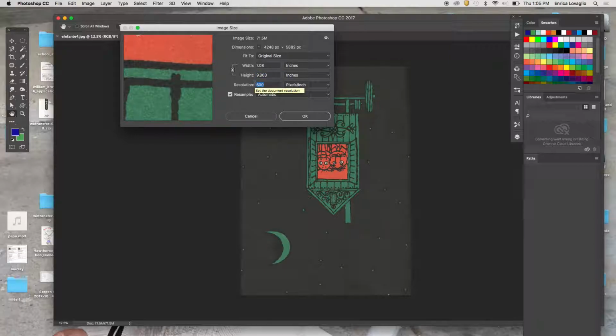Because there is this beautiful thing I want you to remember. There's a beautiful dance you can dance, a little tango that you can dance between the resolution and the inches size of your image so that you don't lose any quality. And it all hinges on this magic word, resample. So if you uncheck resample right now, and you go here and you type 24 instead of 9.8, you see